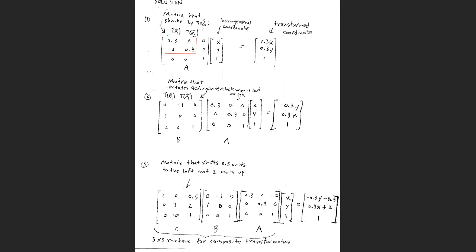This column here is T of E1. This column here is T of E2. So remember, how do you find the transition matrix? Well, you think about